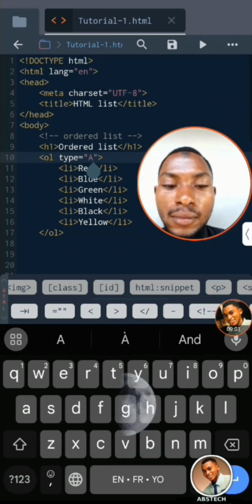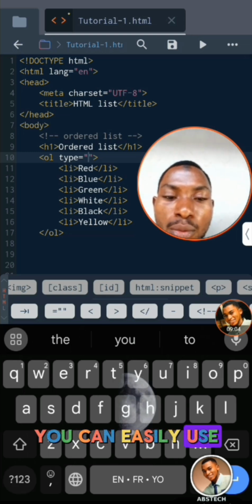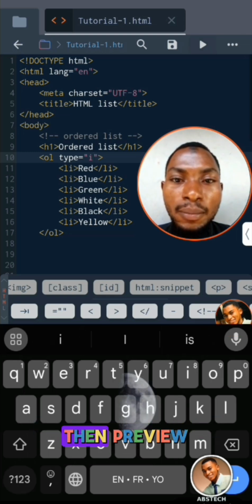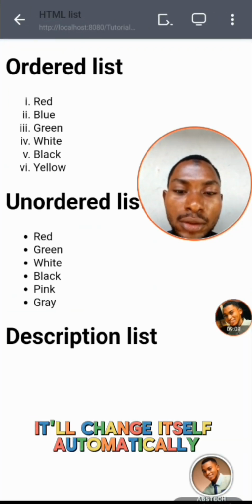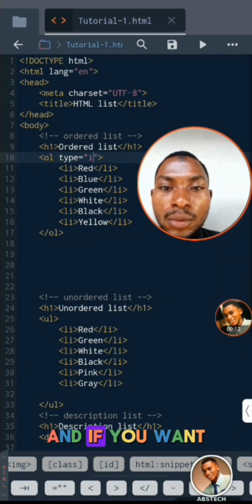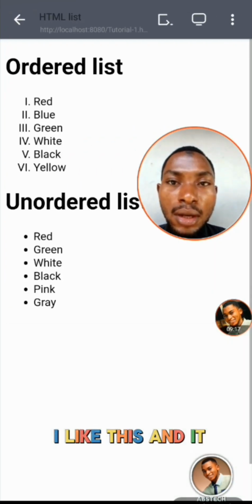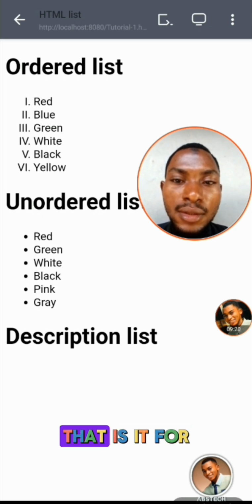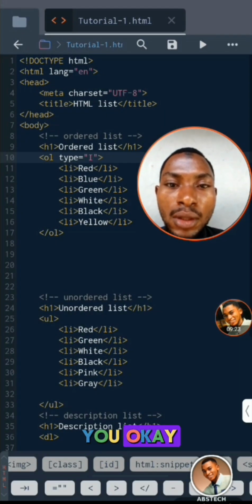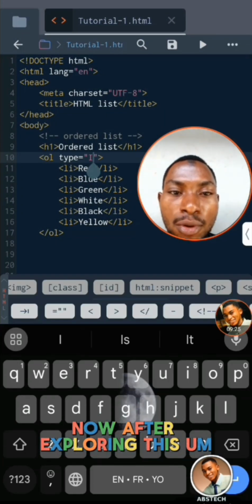You can easily use Roman numerals as well, like i. Then preview. It will change itself automatically. And if you want to use capital form, you can use I like this and it will change. That is it for you. Okay. Now, after exploring this,